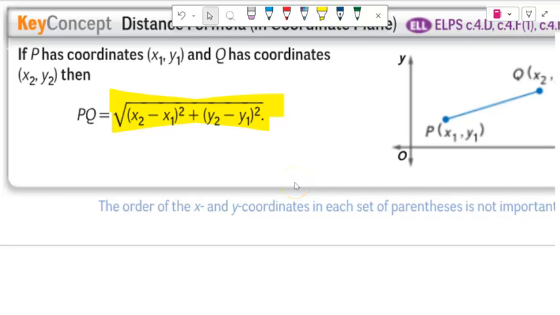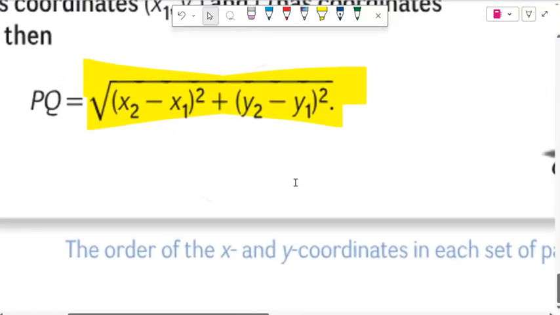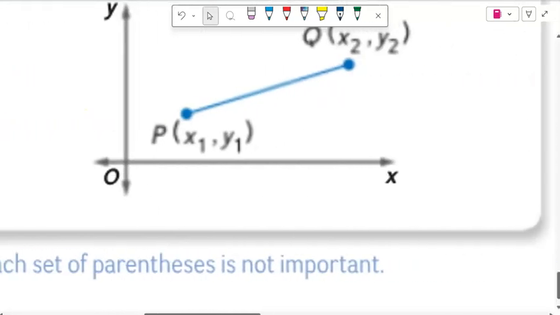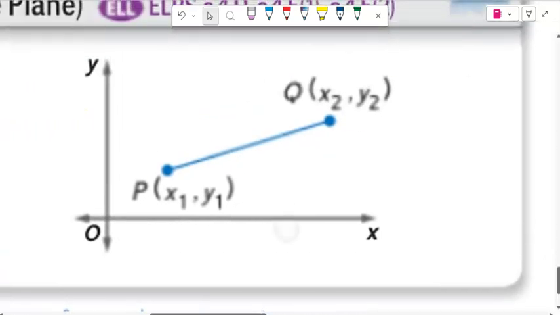A couple more problems. Right here we've got the distance formula. It's the square root of (x2 minus x1) squared plus (y2 minus y1) squared. I'm going to take the example from the book here. It's got segment PQ. All you have to do for the distance formula, and we're measuring the distance between